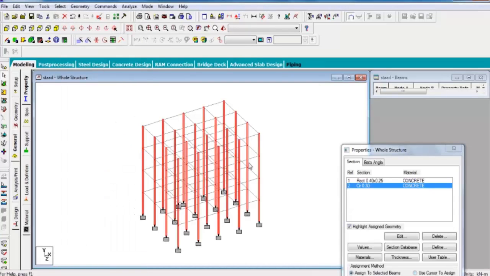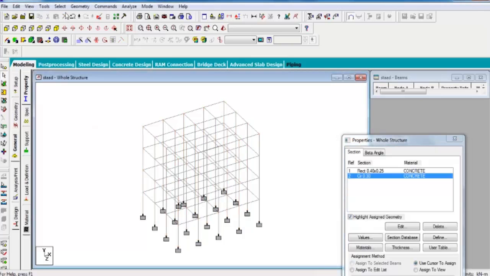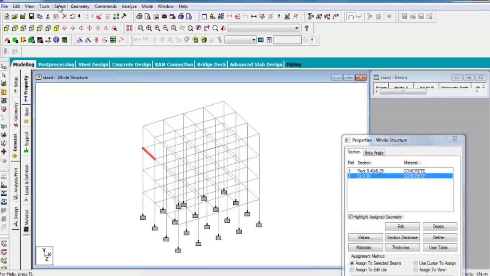You know that, and you watch this. My columns are selected. Please, can you repeat that? My columns are selected. Okay, I see. First, go to the select menu and click on beams parallel to Y axis.